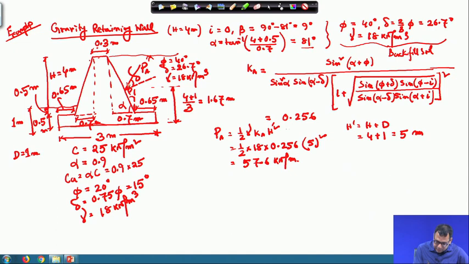Now, it has two components. It is acting in this direction. So, it has two components, one is horizontal and one is vertical. So, this is making an angle with the horizontal, this is also beta. If this angle is beta and this angle is beta, then this angle is also beta. This is 90 degree because this value is 90 degree and this is also beta. So, my